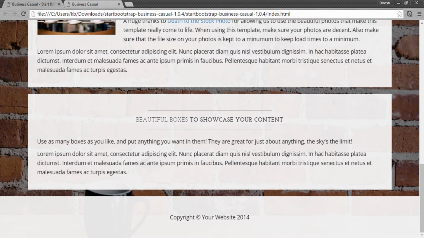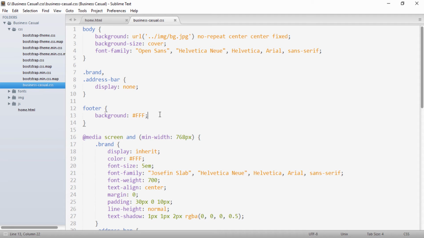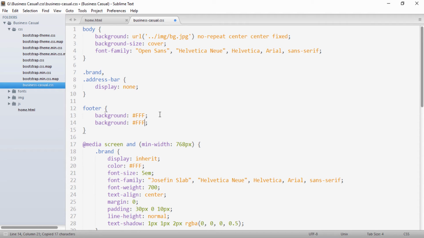For that we will have to just copy this. We have to provide an RGBA property. The RGBA value will be 255, 255, 255. This signifies white, and the last value signifies the transparency.